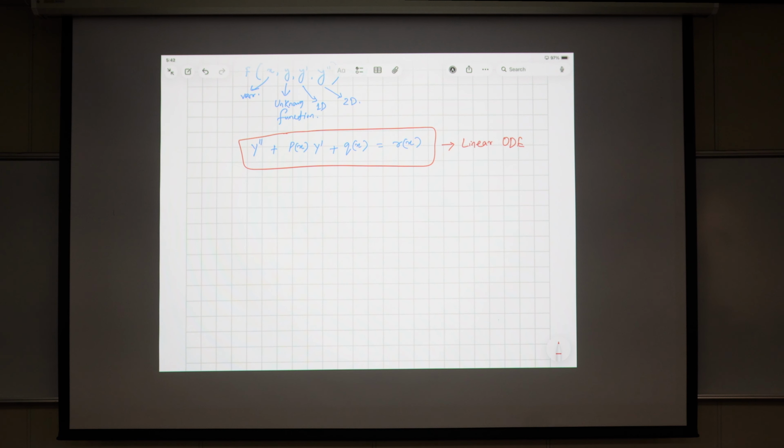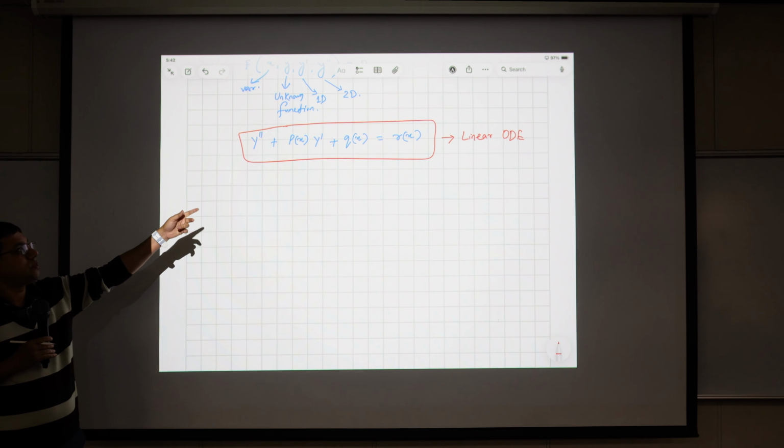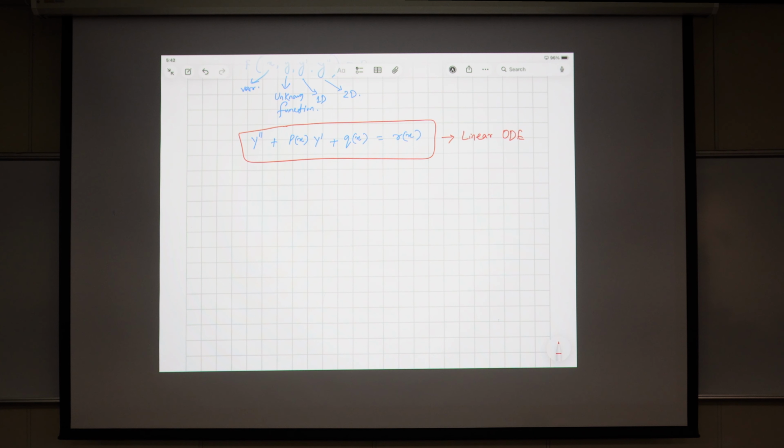So I can say this ODE is a linear ODE. Now the point is that we also see the first order linear ODE, quite similar, but there was no y double dash. Almost the rest of the things are quite similar, right? Oh, here it should be q(x)y. Okay, I missed the y.